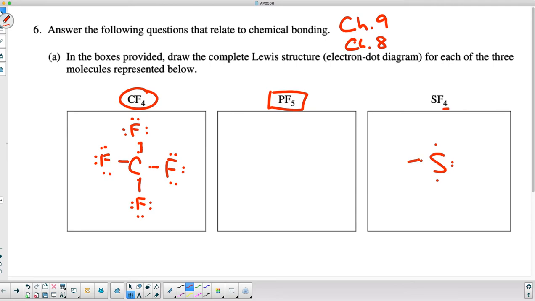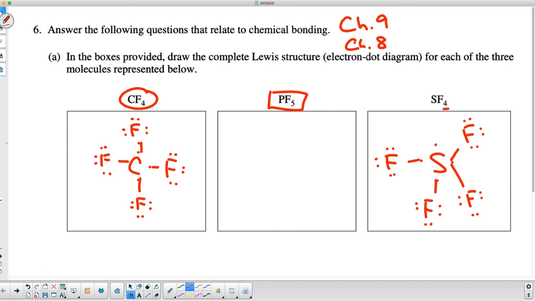What I do is I pair fluorine this way, like that, fluorine this way, like that, and then it doesn't matter which one I take, but I take one of the pairs of electrons and I break it up to fluorine this way, like that, and I break the other one down, fluorine like this. Okay? I wanted to make sure I showed that to you so that you could see that